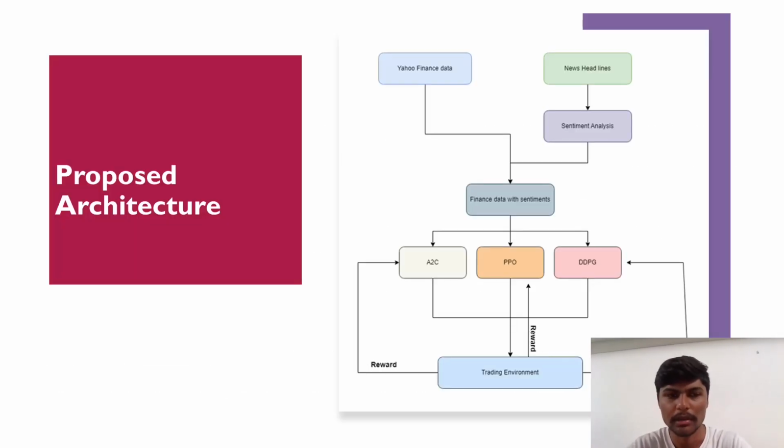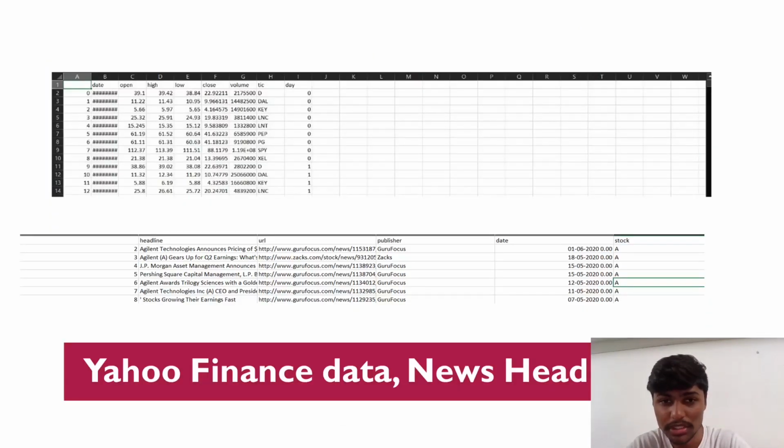Coming to the proposed architecture, the first step involves installing all the necessary packages and dependencies required for running the portfolio management system. These packages include libraries such as NumPy, Pandas, and YFinance, for accessing financial data. Next is defining the constraints. This step involves defining the constraints that will be used throughout the portfolio management system. The constraints include the start date and the end date of the time period for which the data will be downloaded and analyzed. It also includes a list of stocks from the S&P index, which are used in the creation of